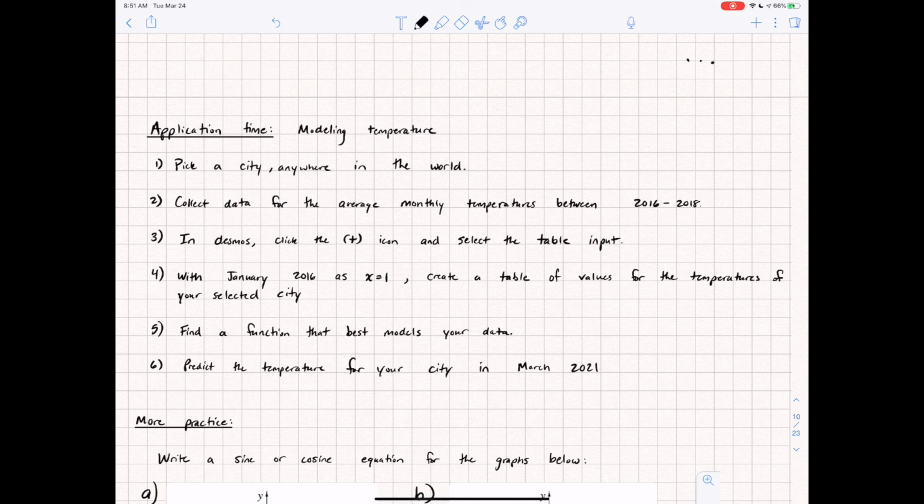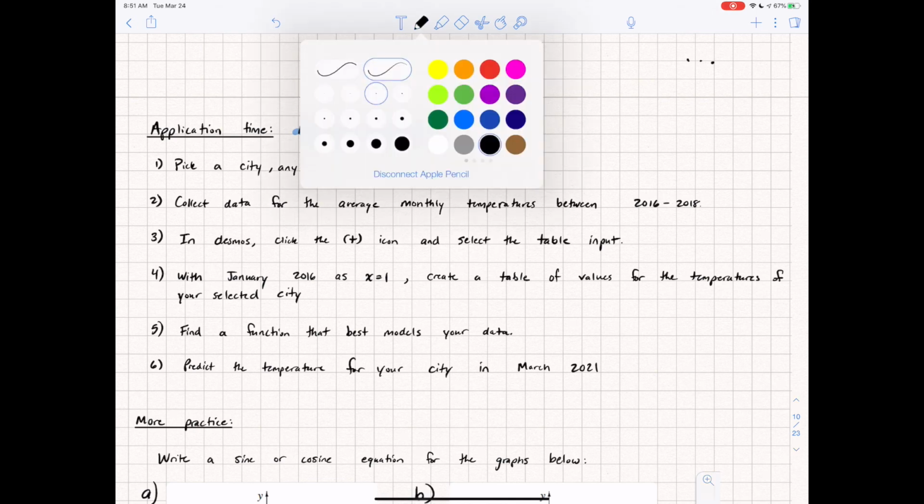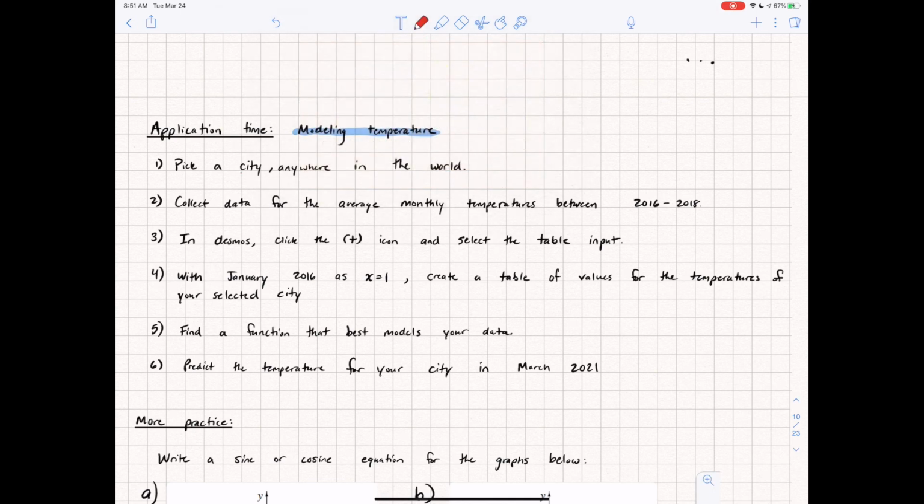And so what you'll see right now in the video is what I'll have typed up. You'll find this on PowerSchool Learning, but this is your project. What I want you to do is go through, and we're going to model specifically temperature right now, just to have a central problem that everybody can deal with, so that you can help each other if need be. But what I'd like for you to do is to actually pick a city anywhere in the world. It can be anywhere that you want it to be,